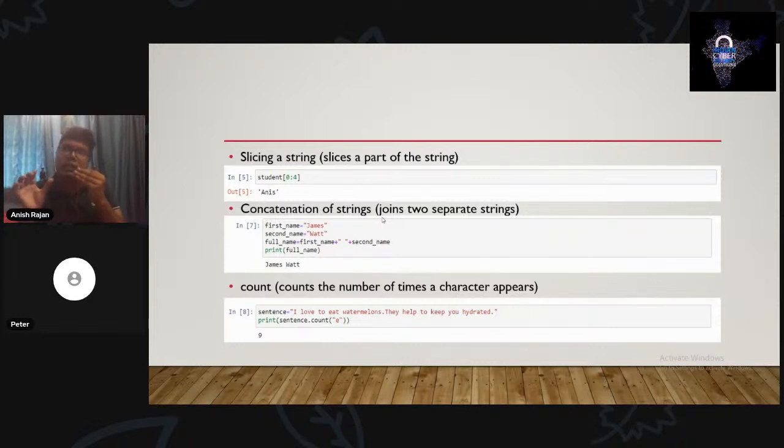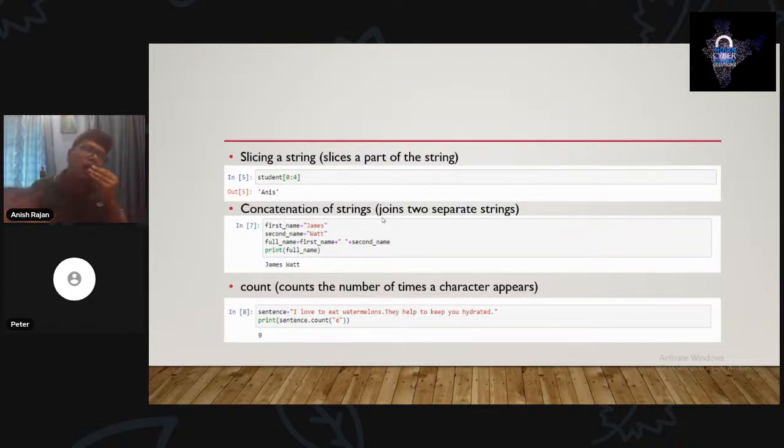Now we are going to discuss some important functions of a string, which are very important because these help us in many ways. So basically now see, we have a string by the name of sentence, and there is a sentence there. Now I want to count the alphabet E in that string.